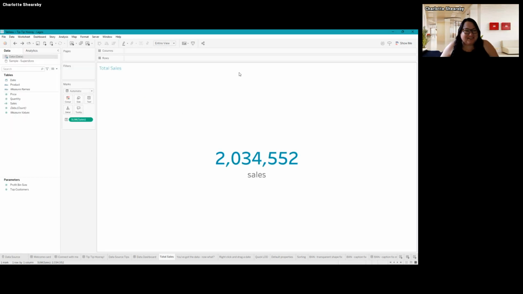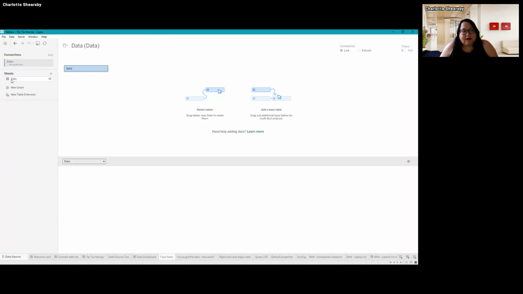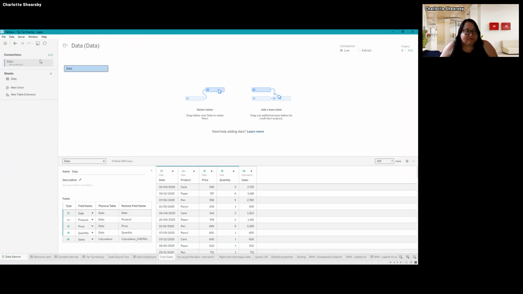Don't look at it too hard. It's all fake and it's not very good. But I've connected up here to a data source. So let's go to my data source window. And I want to add in my new data source, so I can drag and drop it like I've just shown you. So we'll do that.